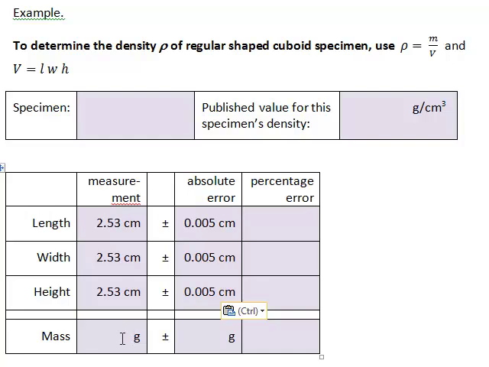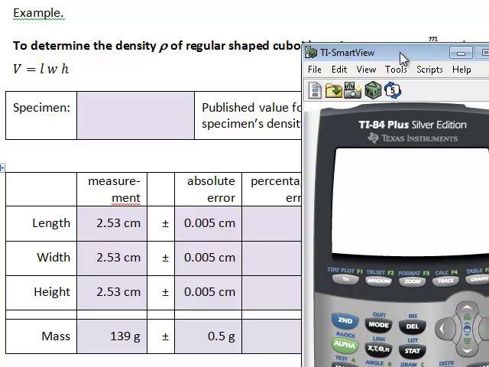The mass was measured as 139 grams with an error of, again, half of the last possible digit. So half of a gram is 0.5 grams. That gives me percentage errors of